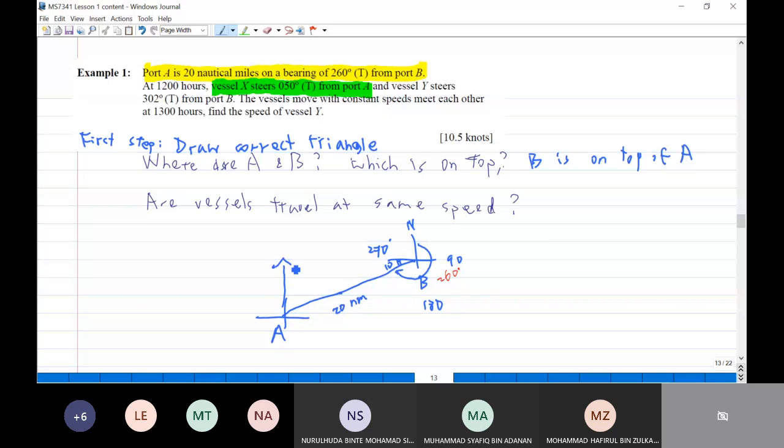You always measure the bearing from the north, 50 degrees. So 50 degrees somewhere here. Okay, this is vessel X here. Okay, so that is the second information. And then vessel Y